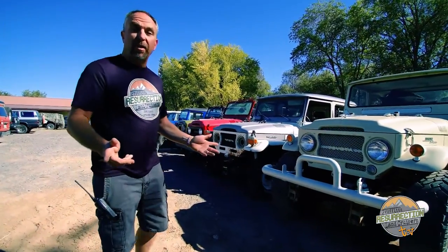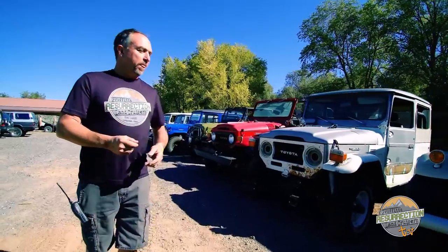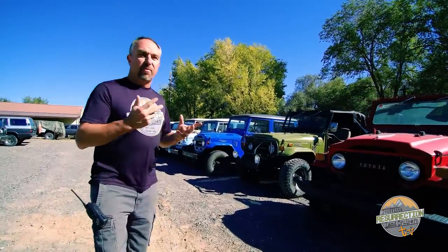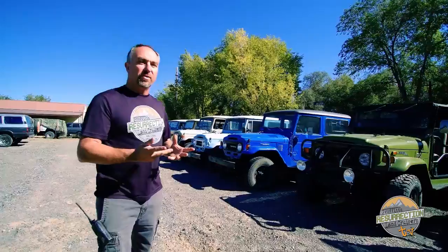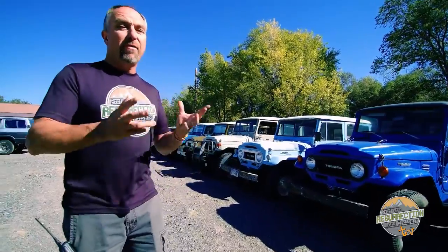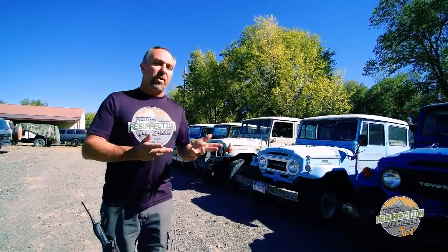So here at the shop, we get Land Cruisers from all over the place, and most of them have been worked on before. Some haven't, and those are the really nice ones to work on, but there's a mix, and this mix of Land Cruisers that are coming from different places with different people having worked on them presents some challenges for us. Because unless the client has the wherewithal to go for a full-blown Stage 3 build, where everything on the truck is touched by us, sometimes we have to live with some of the things that other people